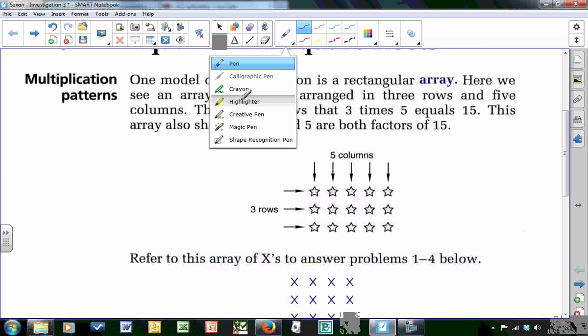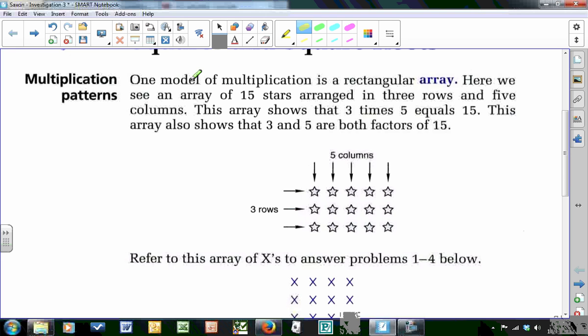Let me change to a highlighter. Now, one model of multiplication is a rectangular array. You might be tempted to think, an array, didn't we learn that in geometry? Well, you did. In geometry, a ray has a starting point and it's a straight line that goes on forever in the direction of the arrowhead. That's called a ray, R-A-Y. But when we're talking about multiplication, not geometry, we have this word, array,